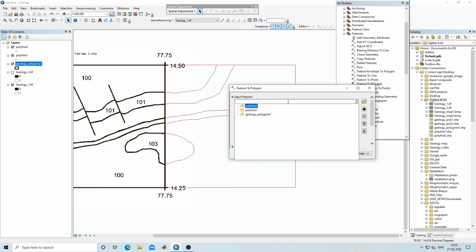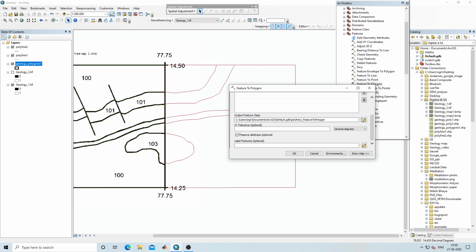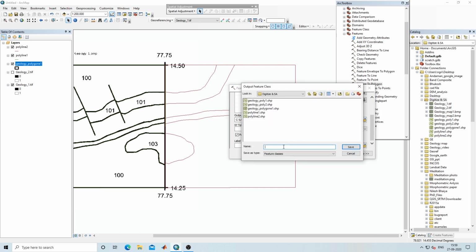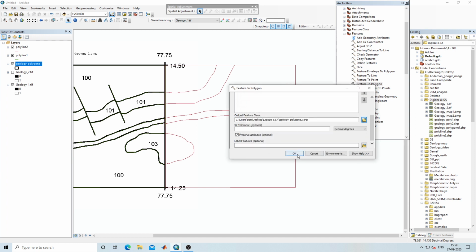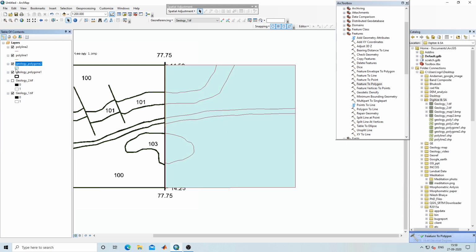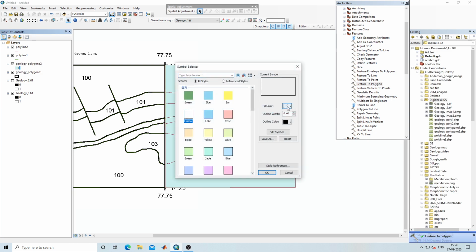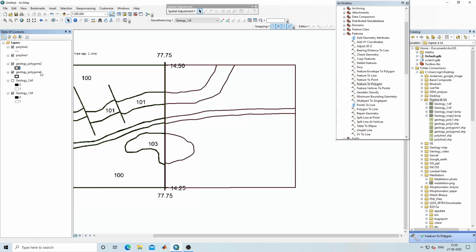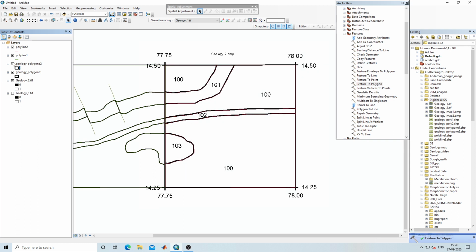So select polyline 2, I will go below, here we need to select geology polygon 2, select save, then click on OK. After converting it, I will hollow this and I will select our map 2.